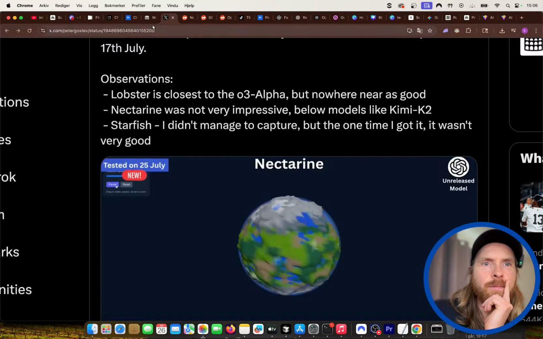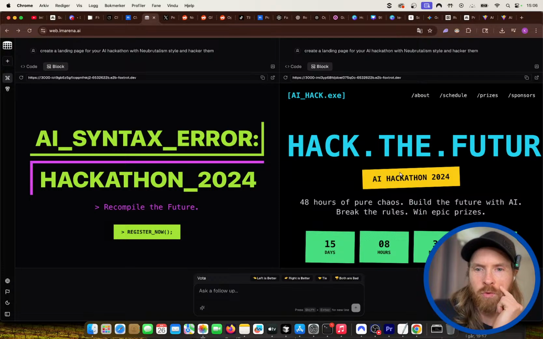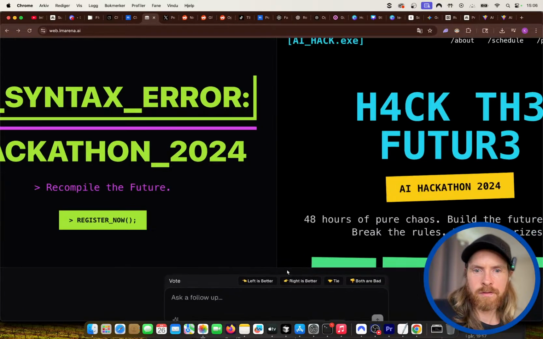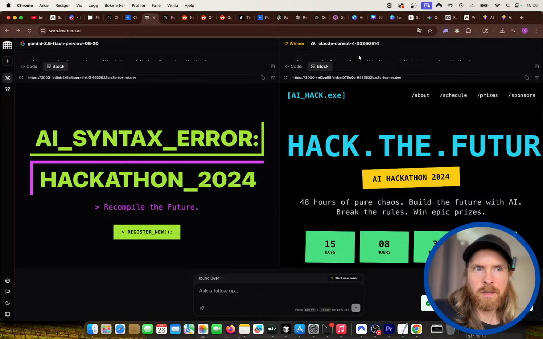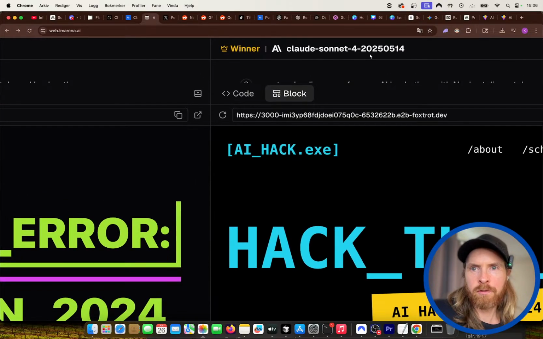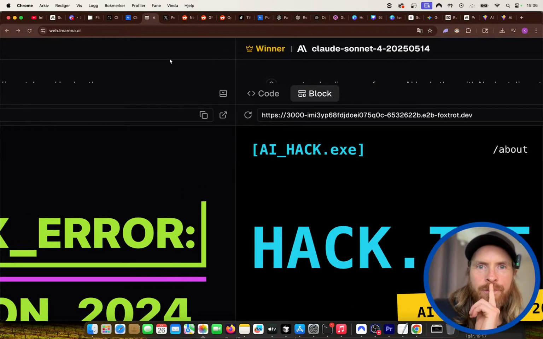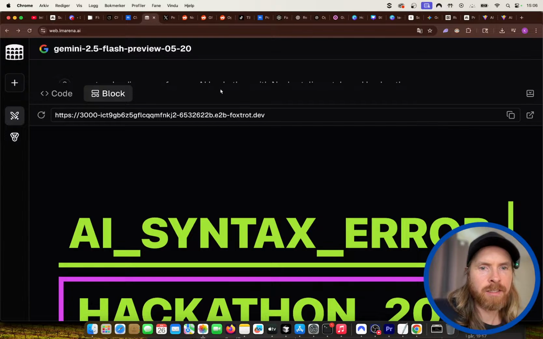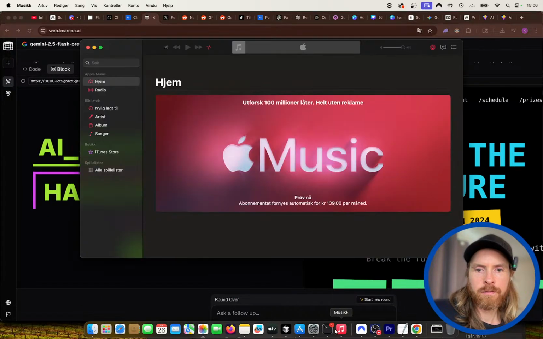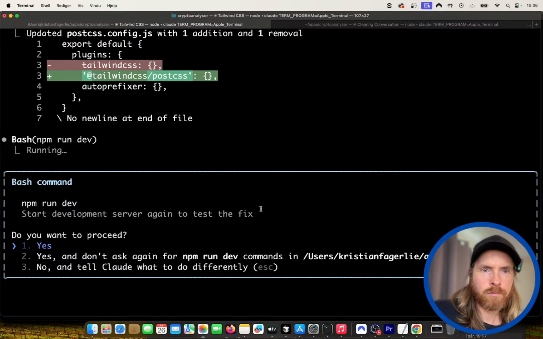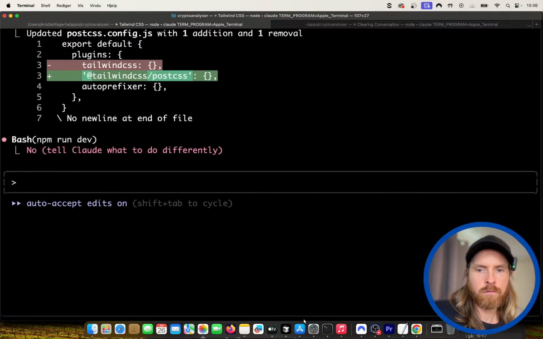I would say I'm gonna go right here. So this was Claude Sonnet 4. Pretty good. Flash. Yeah, this was very fast. I think so.